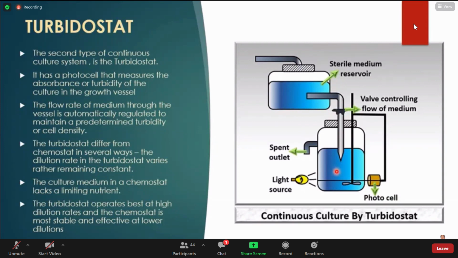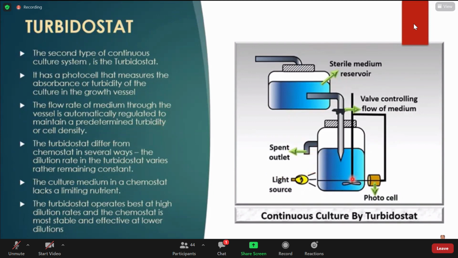The regulator shows us more current flowing or less current flowing. The best example is the automatic iron box. If more heat is going to be inside, obviously the light will go off. If less heat is there in the automatic iron box, the light will come on. So the same thing is happening here. It's just an example I gave you to understand.